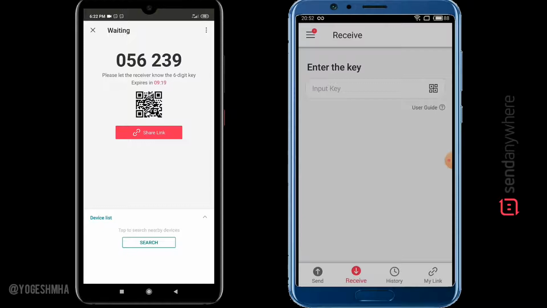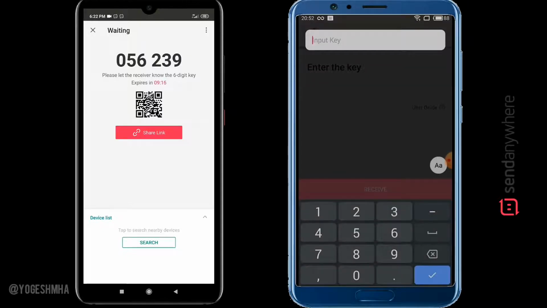Receiver will have to enter the 6-digit key code in the app and click on Receive.